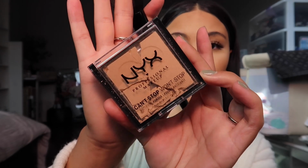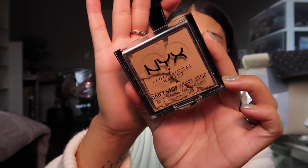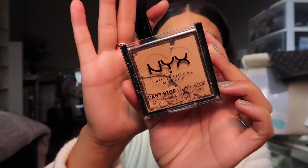The sun is shining in my window so hard, I'm trying to hide from it so that I don't ruin the lighting that I have going on. But anyways, I'm using the NYX Can't Stop Won't Stop Mattifying Powder, and this powder is so freaking good. When I tell you guys, this has changed how my makeup comes out. The reason why I love this powder is because it's really good at making everything set beautifully. So normally after I set my under eye with the La Mercier, I'll go in with this and I will just set my whole entire face, even on top of the cream bronzer,